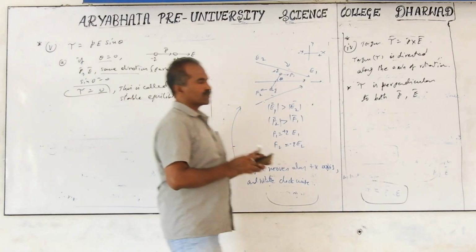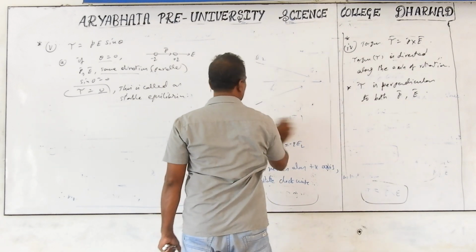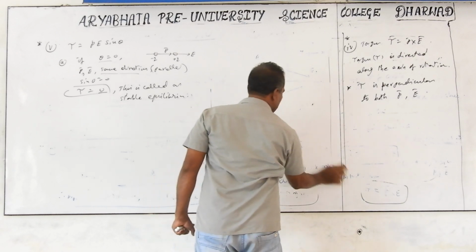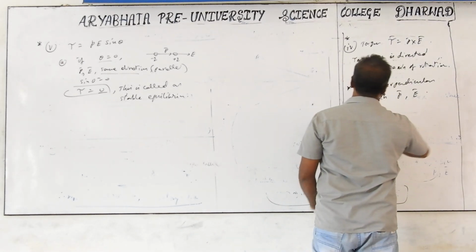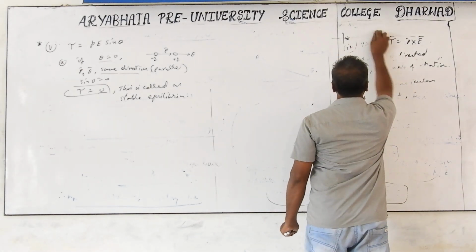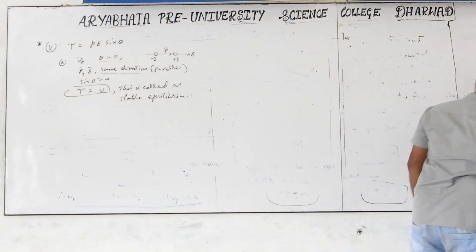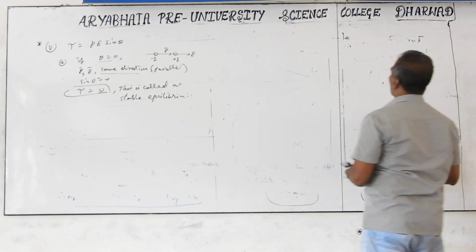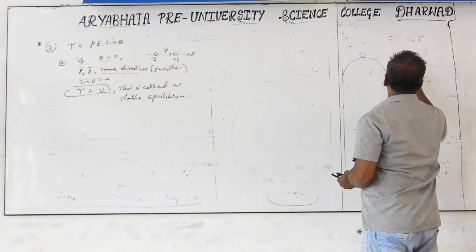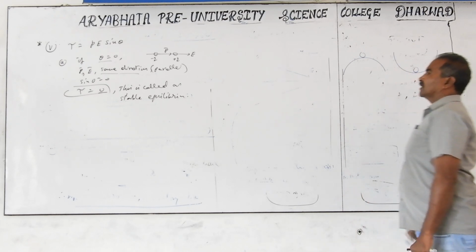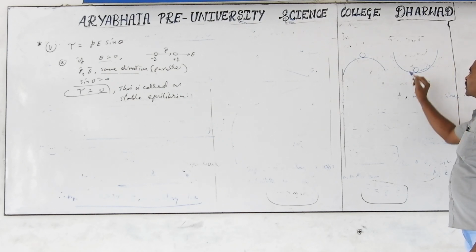We have two cases here, stable equilibrium and unstable equilibrium. Stable equilibrium means if it is disturbed, it will go back to the same position. And if it is not going back to the same position, it is called unstable equilibrium. In mechanics, we get the same with stable and unstable equilibrium. Take a ball in a bowl, take the ball a little bit to the side and leave it. Again, it will try to go back to its previous position.